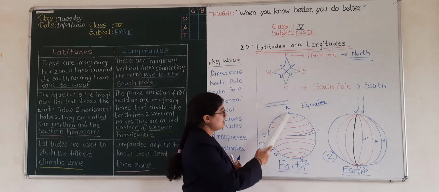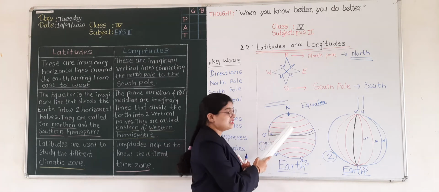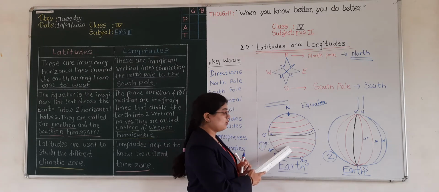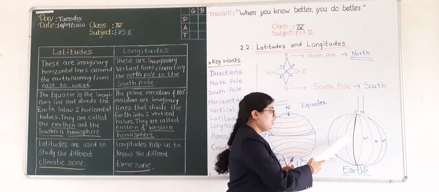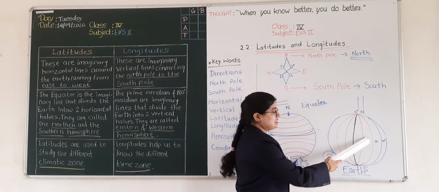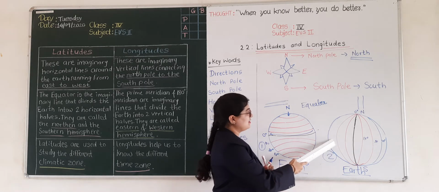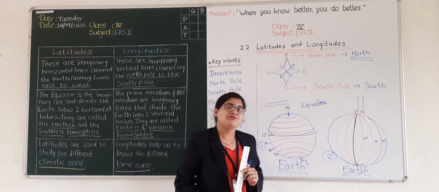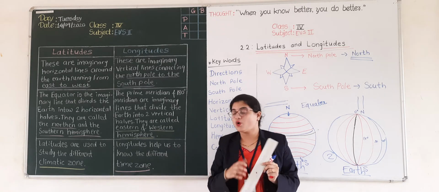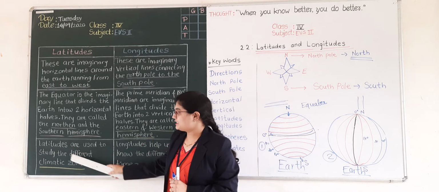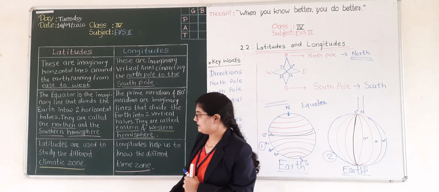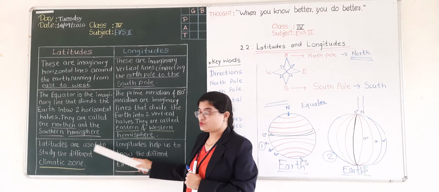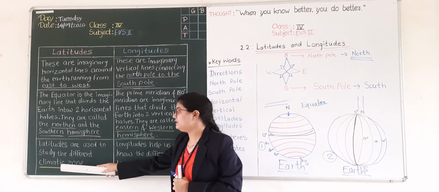Here we have the northern hemisphere, and towards the south, the southern hemisphere. Here we have the eastern hemisphere, and towards the west we have the western hemisphere. Understood students? Okay. Then here you can see the third point: latitudes are used to study the different climatic